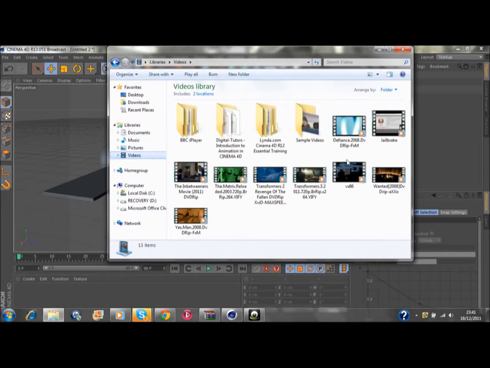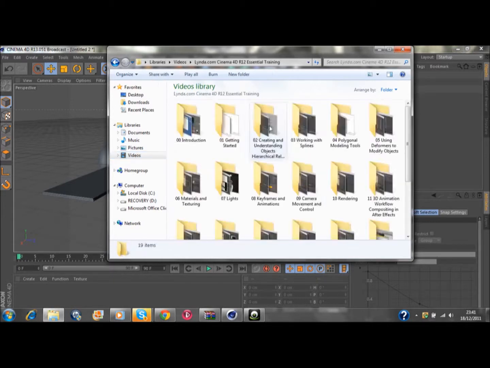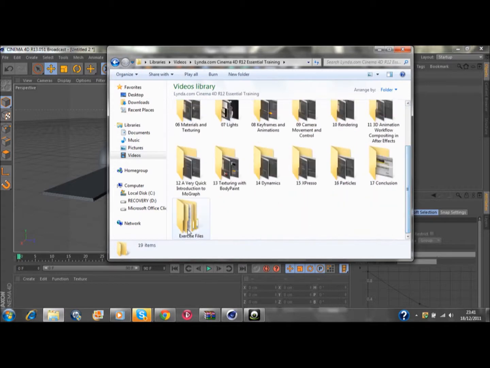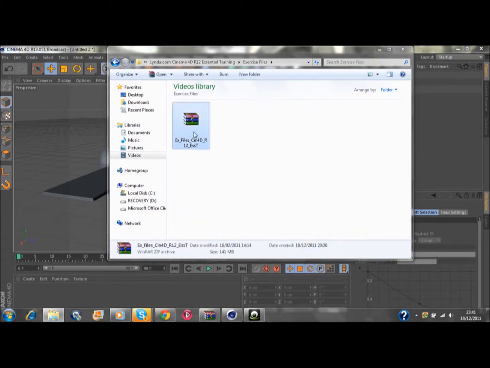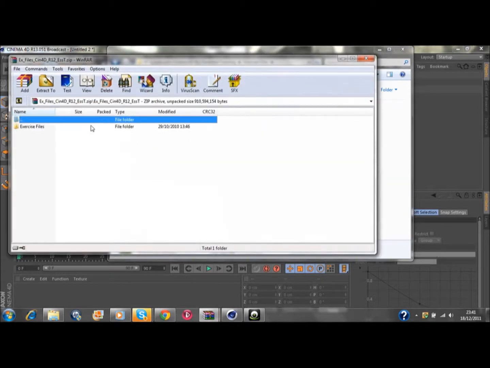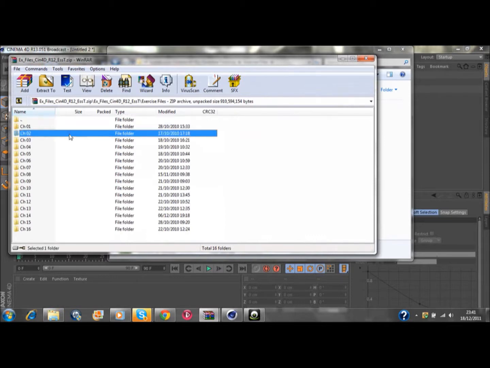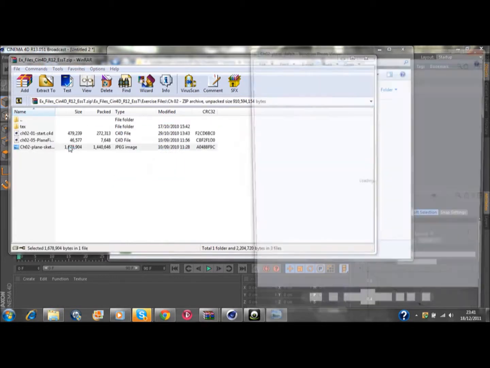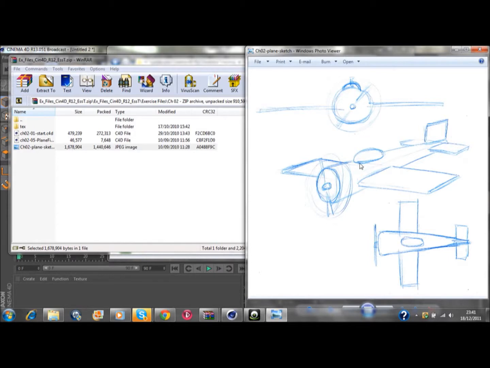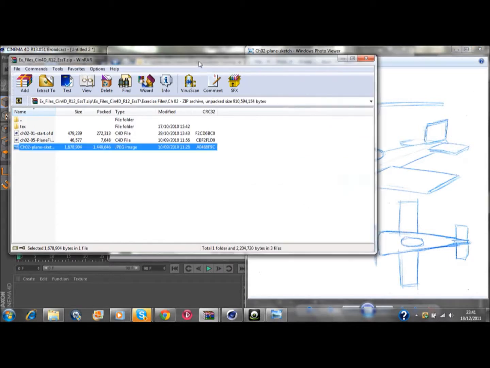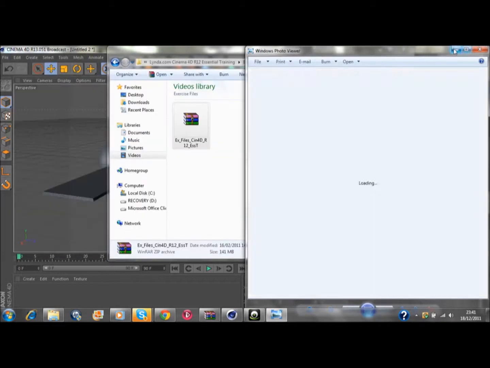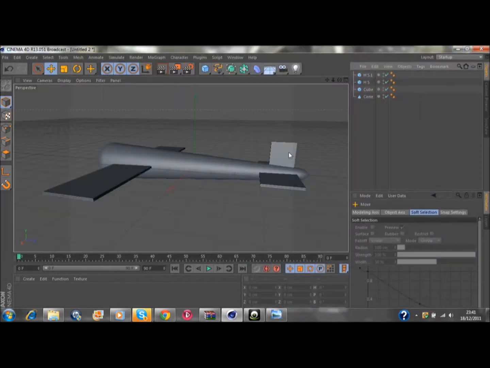I'll put this sketch in the description as well. Chapter 2, plane sketch. So it needs to be roughly. So if we do this,